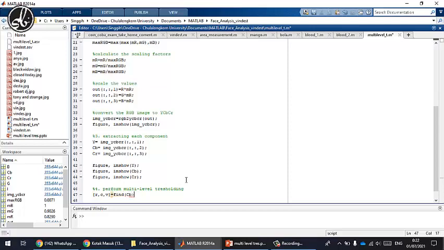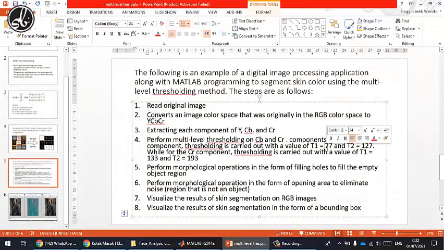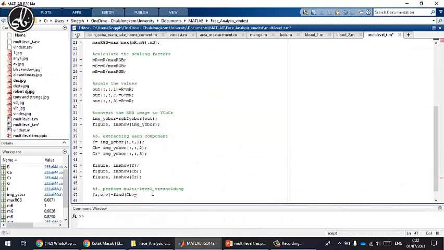CB is equals or more than, if we see in this part, it is CB, it should be more than 77 until CB 127. So we can just type 77 and CB is less than or equals to 127. And